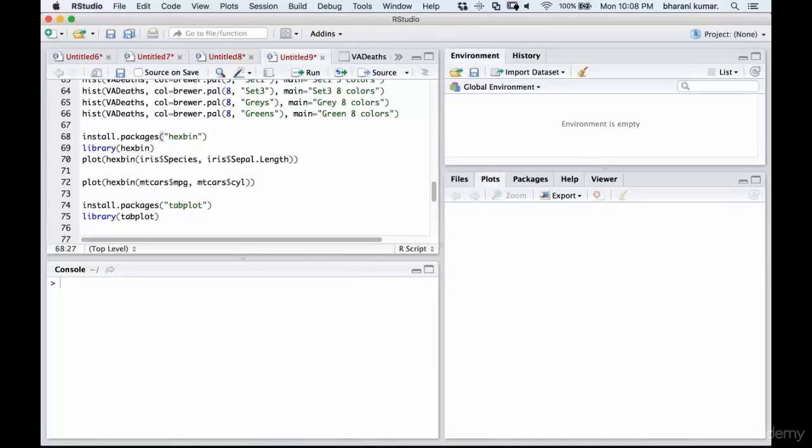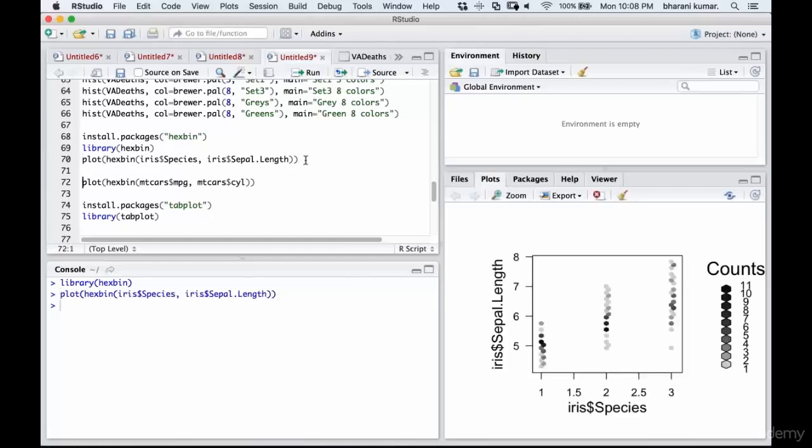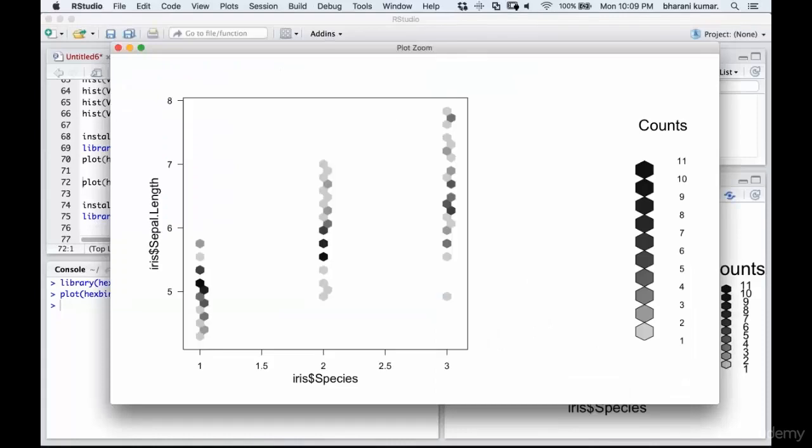So if you want a plot which is going to represent 3 details, so whenever you do a plot, you'll be able to see X and Y axis. What if you have another parameter? How do you visualize that? We can visualize that using something called a hexagon bin basically. So here we are trying to plot hexagon of species and sepal length. Let me do that. There we go. So here we are able to see the species and the sepal length,